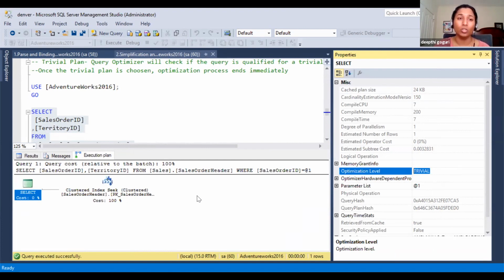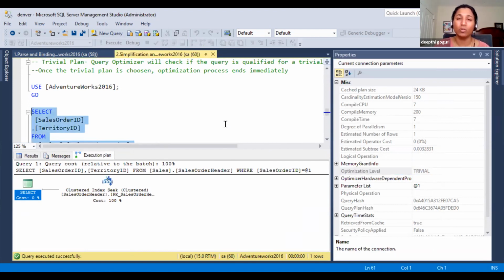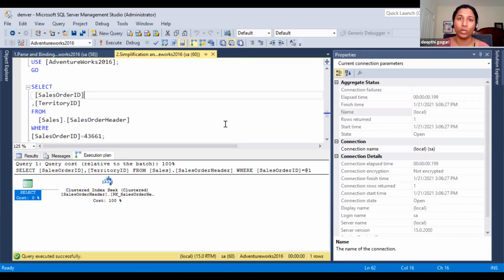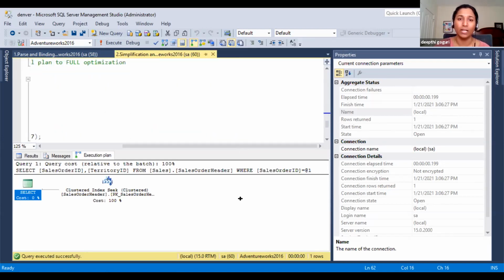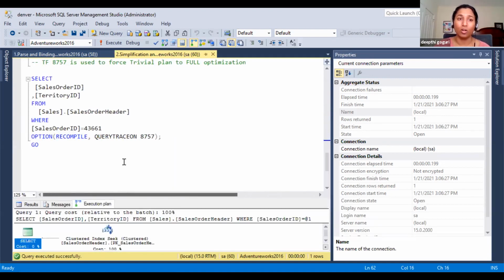But what if you are running some query and you are really expecting SQL Server to create the full plan, but it's just going ahead and creating the trivial plan? We do not want to mess with that, but there is an option where you can save that trivial plan. If you wanted a full plan, there is no option to save it inside the plan cache except to convert that trivial plan into a full plan so that it can be saved inside the plan cache. So by enabling trace flag 8757 inside the query,